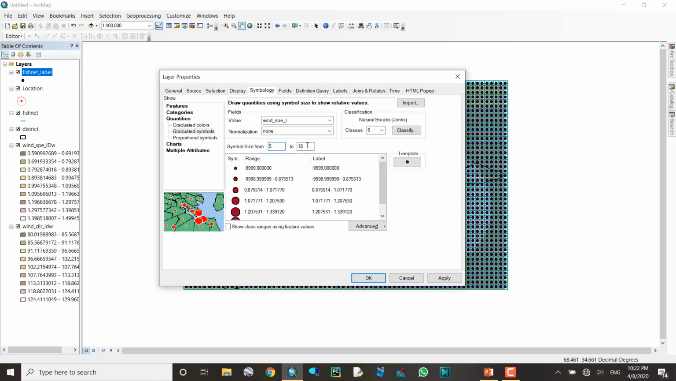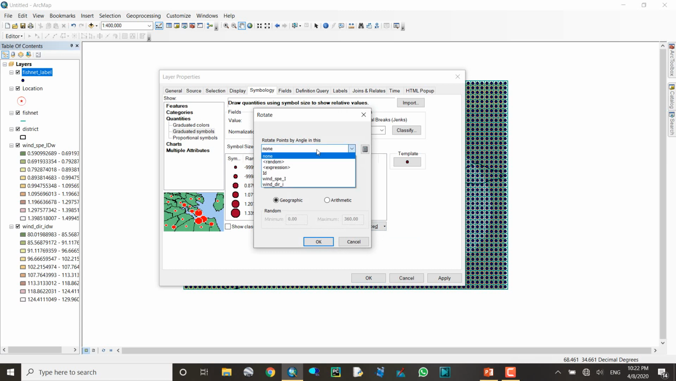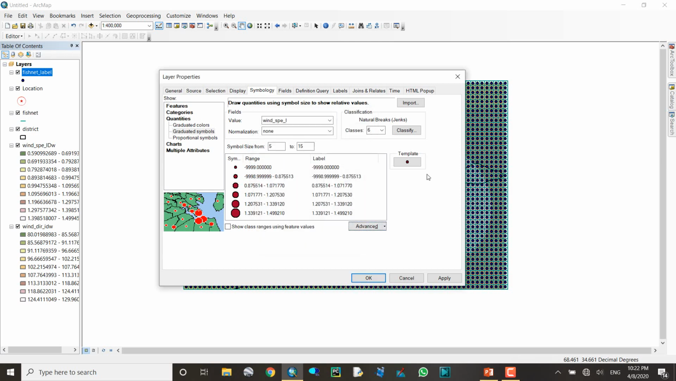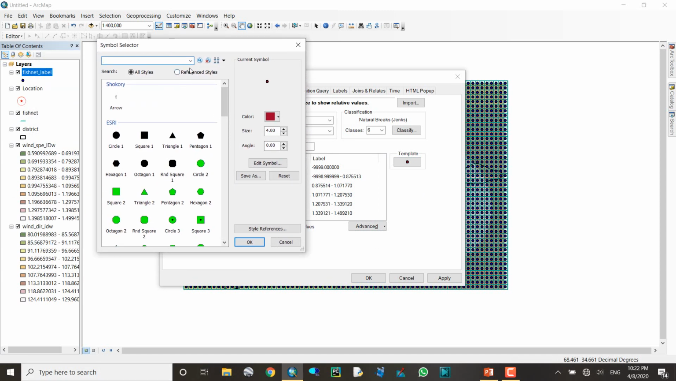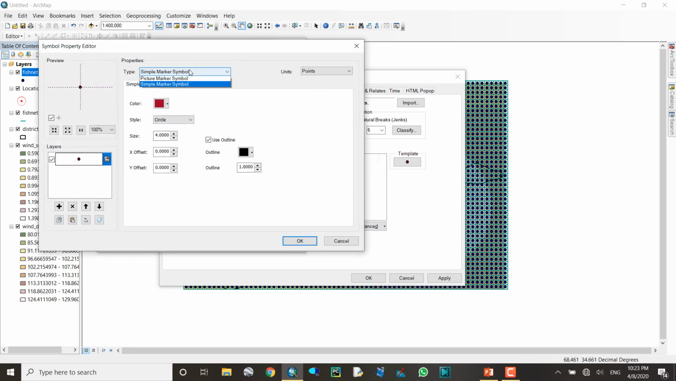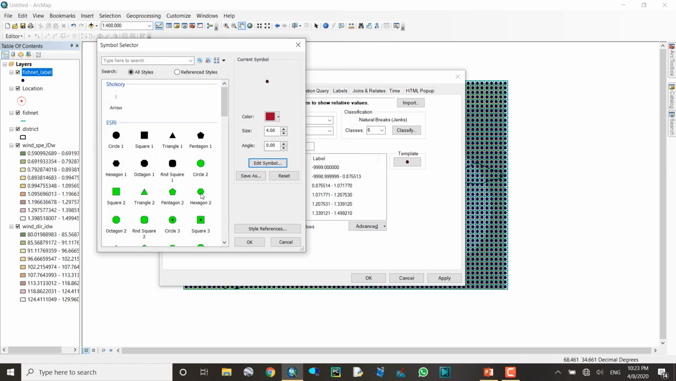5 to 15. Now in here we come to advanced, rotation. The rotation should be direction. Okay, it means every point should be directed by the direction data. Just okay, and come to template here. For the template in here, also we can add a symbol. If we use this symbol,